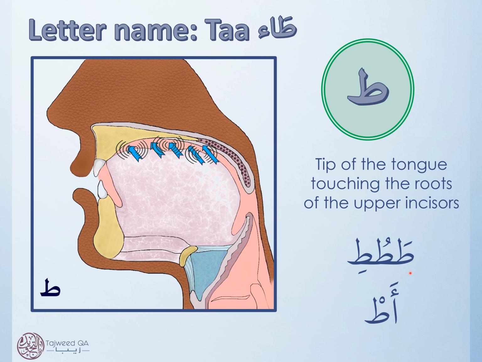So when it's pronounced with fatha, dhamma, kasra: Ta, Tu, Ti. And when it's pronounced with a sukoon, then you can hear the sifat clearly, and the Ta is another letter of qalqala, which we've had previously, where the sound is bounced. So we have bouncing of the sound off the articulation point. Ato, ato. So far we've had Ba, which was a qalqala letter, the Jim, which was a qalqala letter, and we're having the Ta. Aba, aja, ato.